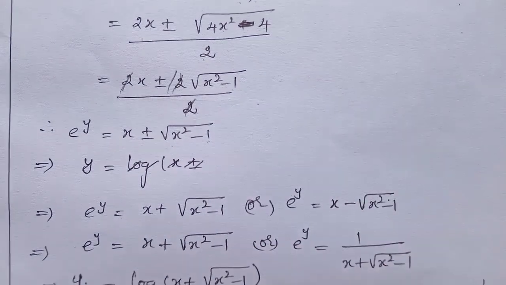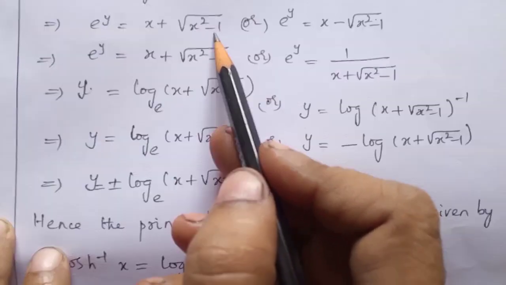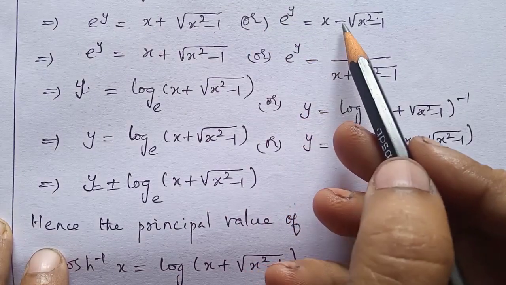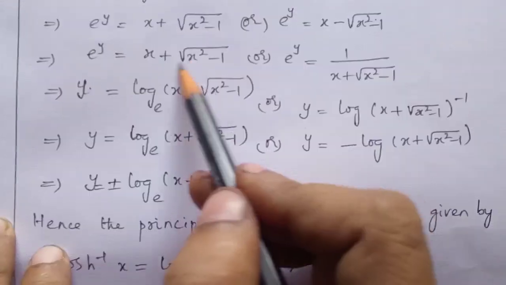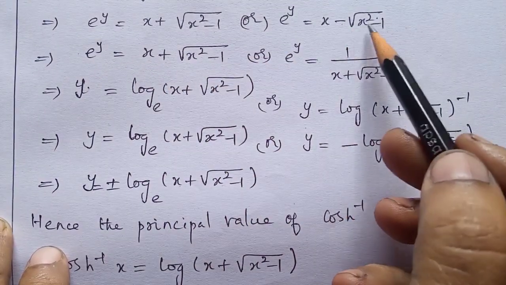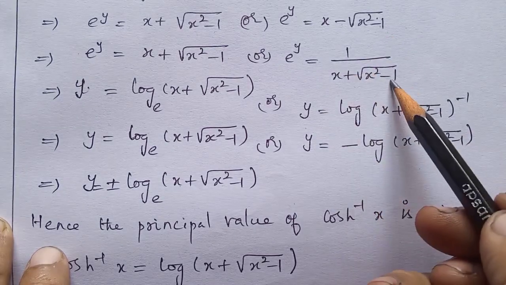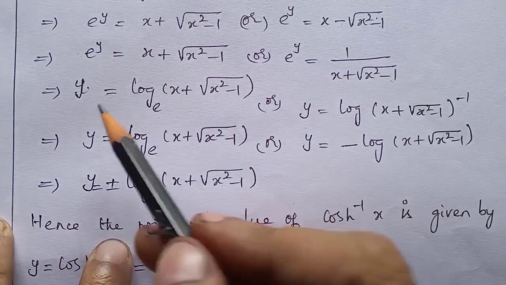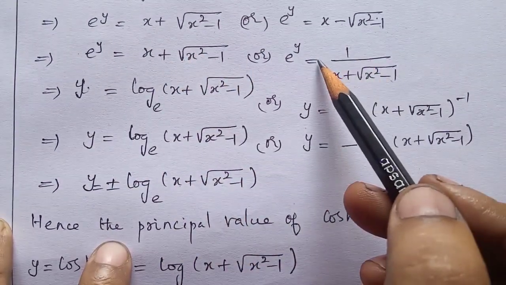minus 1. Next, so e power y that is equal to x plus root of x square minus 1, or e power y that is equal to x minus root of x square minus 1, which implies this stays as it is, x plus root of x square minus 1. Here x minus root of x square plus 1 minus 1, so we can write it as 1 divided by x plus root of x square minus 1. So e power y that is equal to x plus root of x square minus 1, and the other one is 1 divided